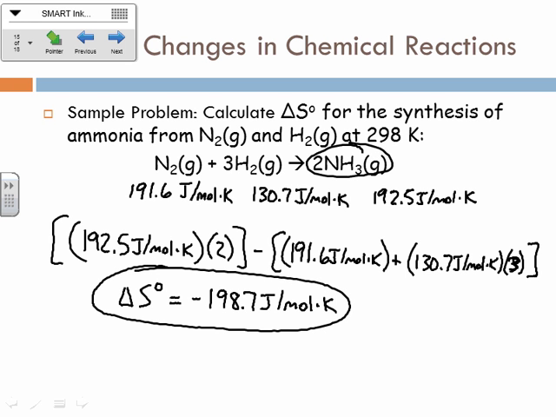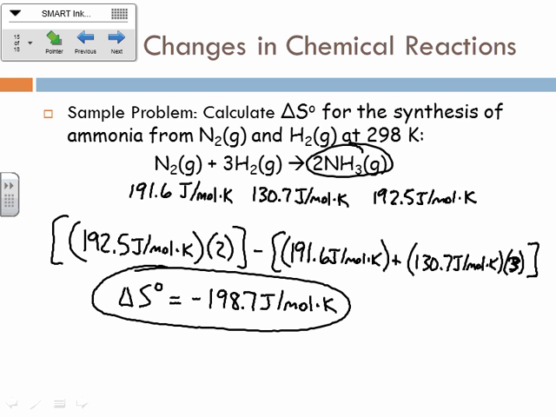What is that telling us about this reaction? Well, okay, if we were having a delta H there, that would be exothermic, right? What is this telling us about the entropy change? It's actually decreasing. It's becoming a little more ordered, right? Okay, does that make sense? And you got to think about it a little bit opposite from delta H, okay? So the more positive it is, the more disordered it is becoming. The more negative it is, the more ordered it is becoming, okay?